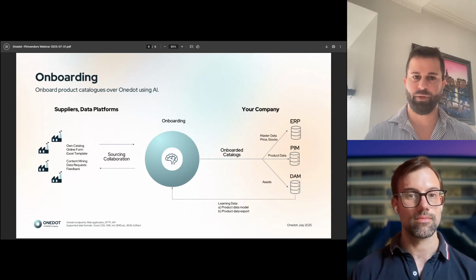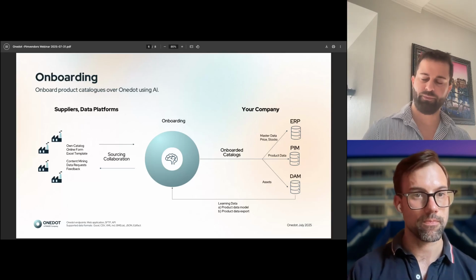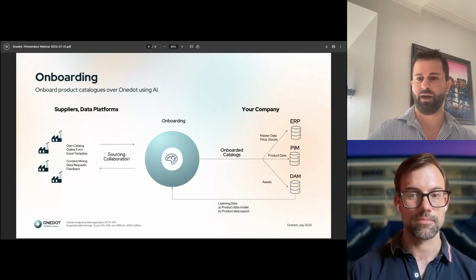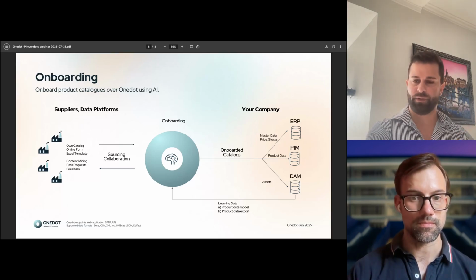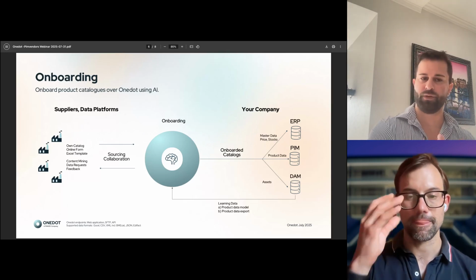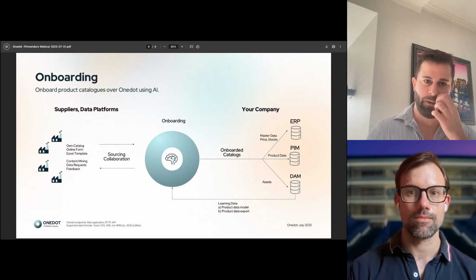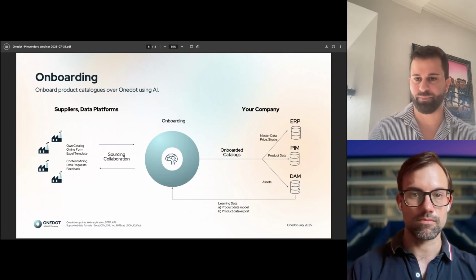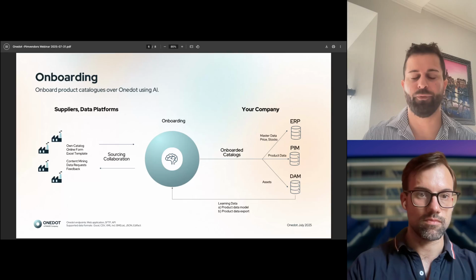How would One.dot be applicable in those situations? One.dot can be used for sourcing product information and onboarding for retailers, and I think the use case you mean now is syndicating product information to the distribution channel, right? So it would be the opposite way around. And maybe I will answer this question on this slide for a better understanding.